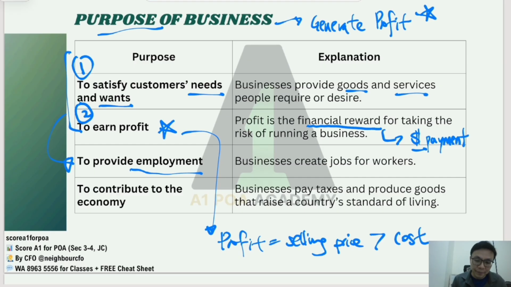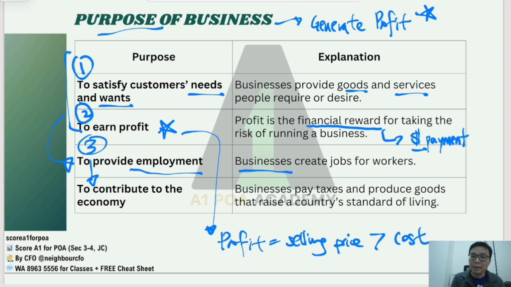So because of that, your business or your profit organizations create jobs for all these workers, right? Or the staff. And with all this in mind, when we look at objective or purpose 1, 2, 3, all this will help to contribute to a bigger intent, right? And therefore to contribute to the economy of Singapore. How can this be done?